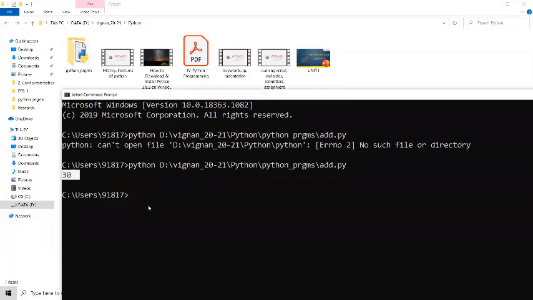Okay. So tell me the answers. How to know the Python version? Python space hyphen capital V, ma'am. Very good. Python space hyphen capital V, that is one command. And what is another command? Python space hyphen hyphen version, two small hyphens. Yes.